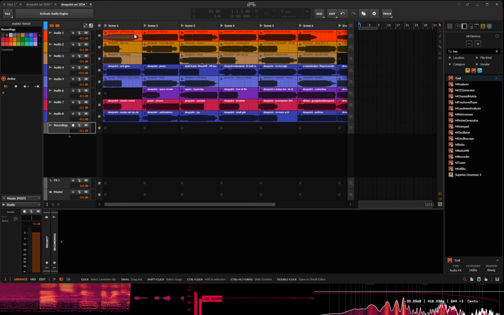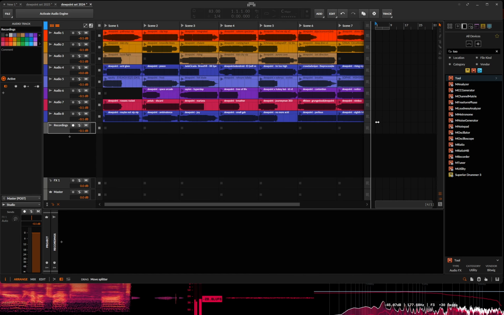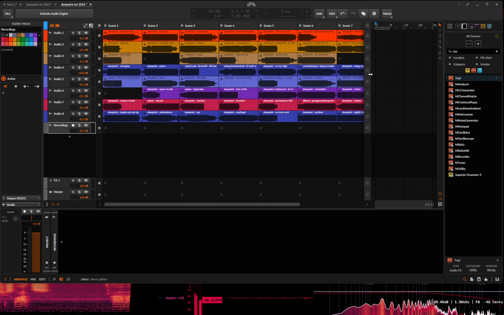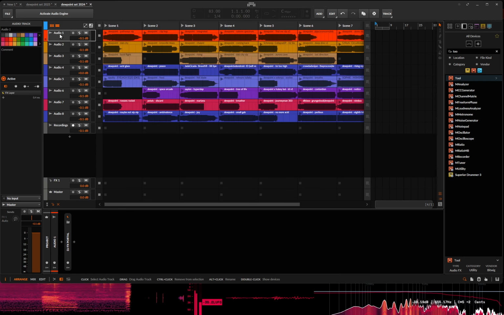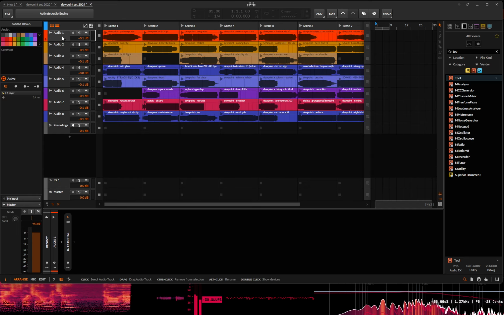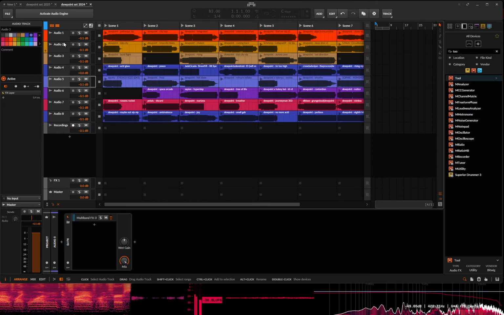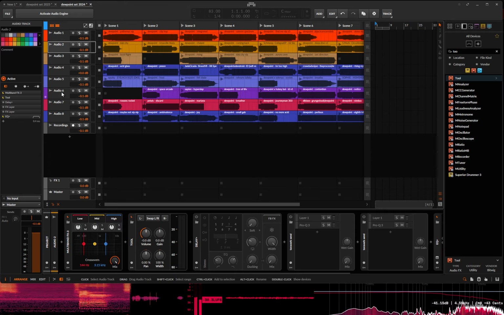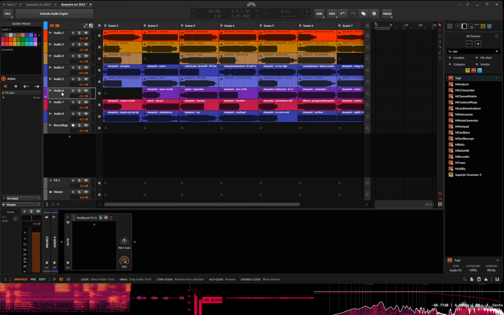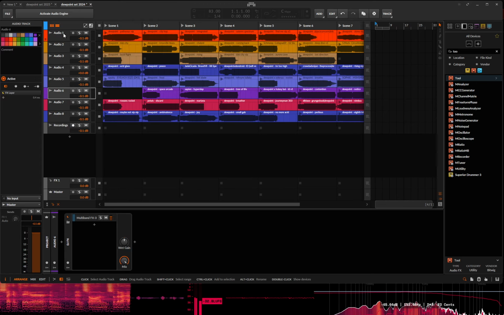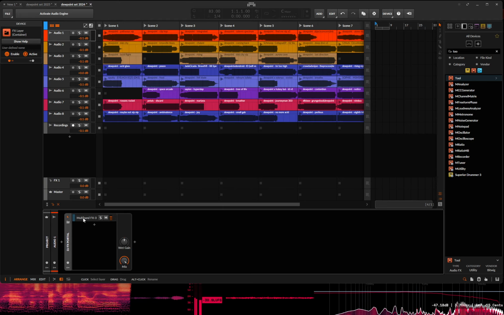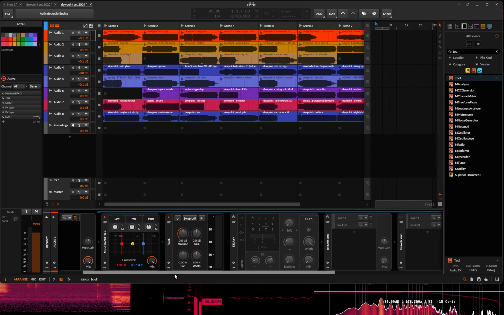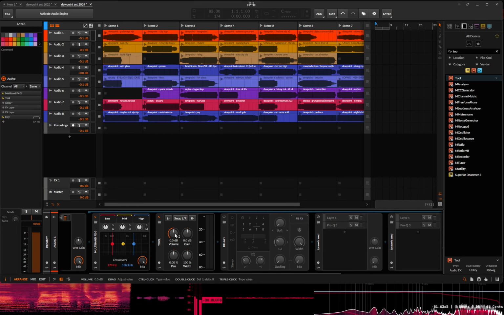But in Bitwig here, we have our tracks on two slots. I use an 8x8 grid. I use a 4-channel mixer, and I'll have 1 and 5 on the first fader, 2 and 6 on the second fader, and so on, so that I have 2 channels in each fader. I also have this effects rack that I will use, where I have the tool mapped to MIDI